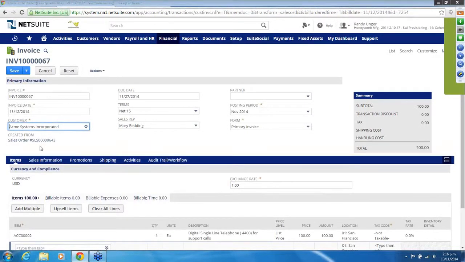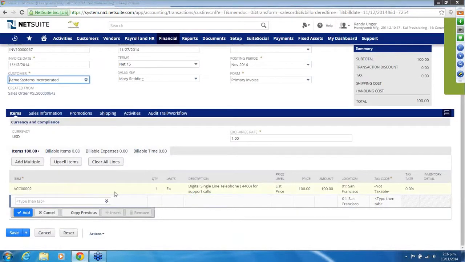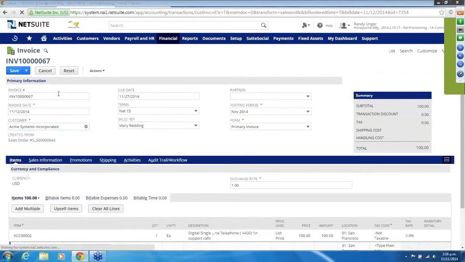But we can see the invoices come across from our sales order with the items that the salesperson sold to them. So by simply saving that transaction, this could now generate an electronic invoice to be emailed or transmitted to